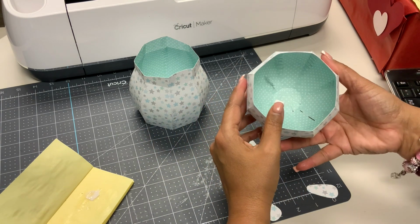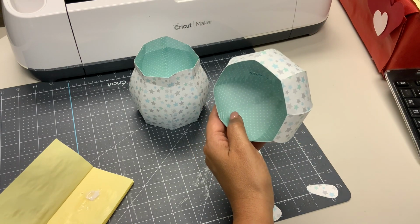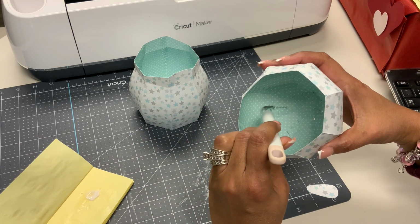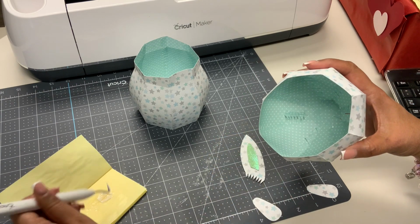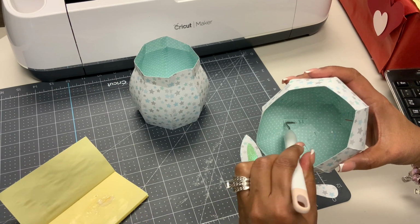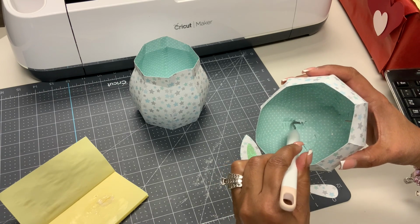Okay, once you've got it in there, we're going to flip it over, and now we're going to separate the tabs on either side. And I'm going to grab one of my little tools. It might be easier if you have a tool like this, or maybe a needle or something like that. And what I'm going to do is separate the tabs on either side, and then grab some glue and gently put it underneath the tabs, and then try to kind of smooth those tabs